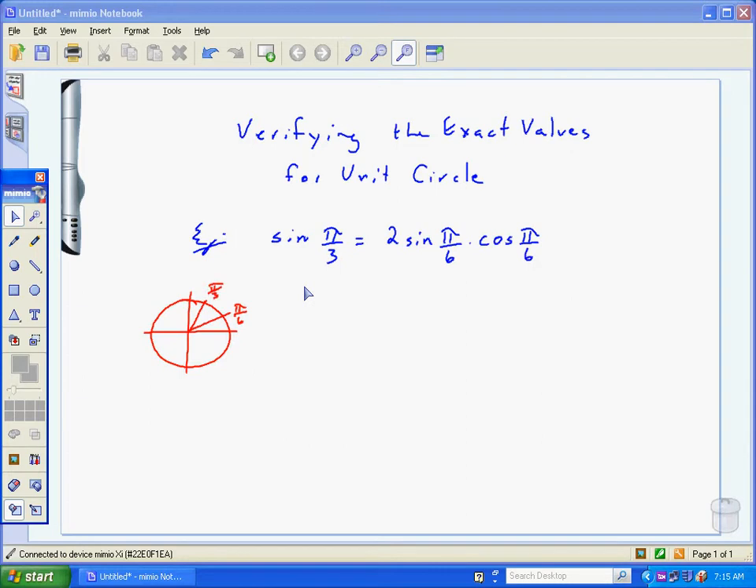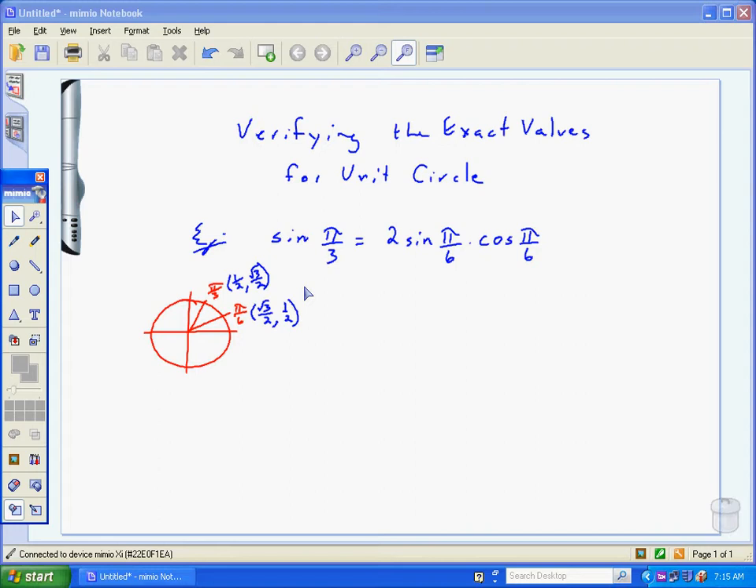Okay, and we know that the trig ratios, or the sine and cos of those ones right there, we're looking at root 3 over 2 and a half. And up here we've got a half and root 3 over 2. Okay, so now when we come back to our question